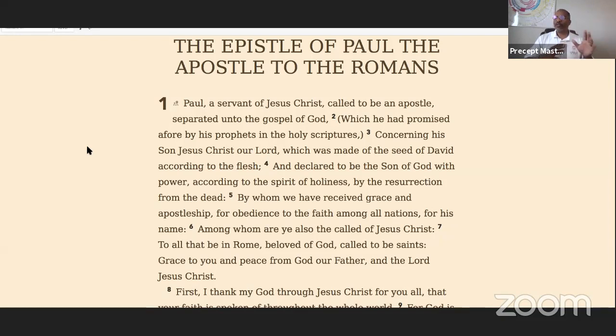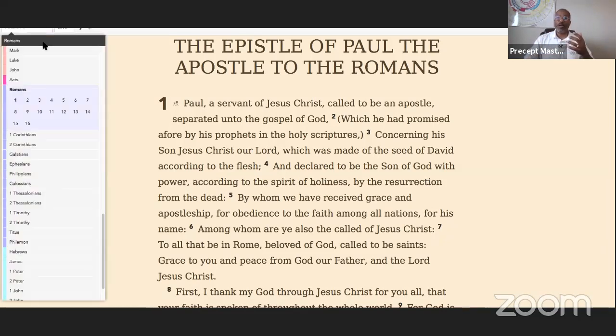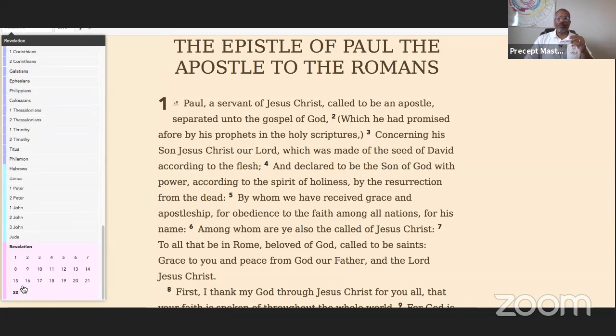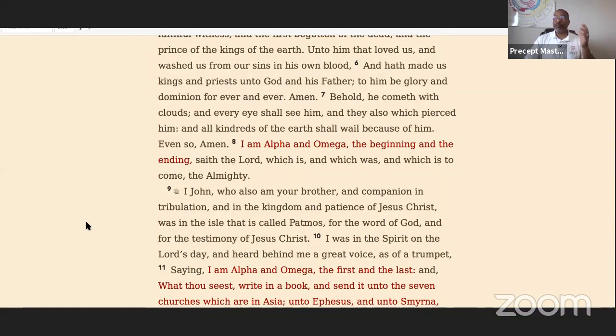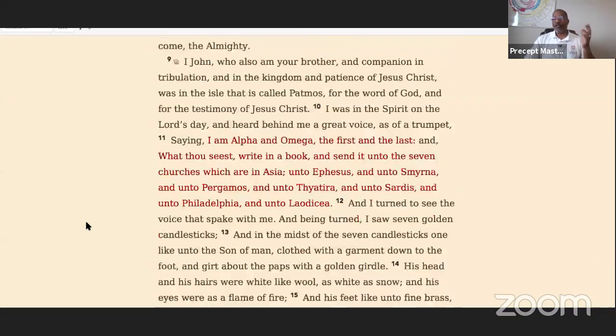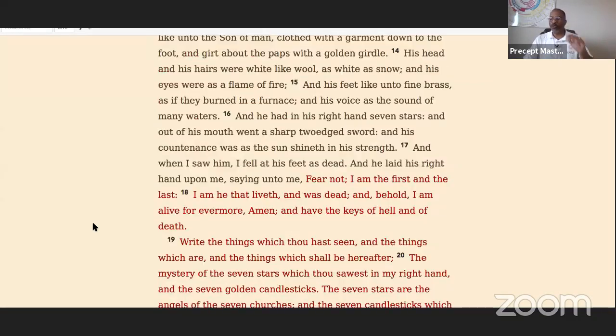Concerning his Son, Yahweh Shai the Messiah, our Lord, which was made of the seed of David according to the flesh, and declared to be the Son of God with power according to the Spirit of holiness by the resurrection from the dead. This is what he made sure was clear. He did this, and actually to even prove that point, you can use this. We're going to go to Revelation chapter 1:18. This is not something that you need to put in there, but you can put this there if you want to, just for your own personal reference.